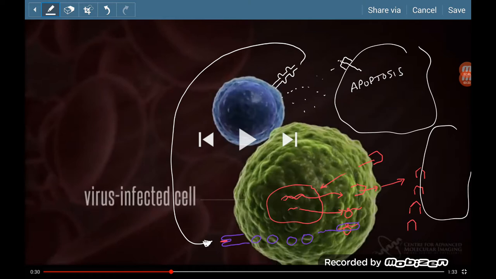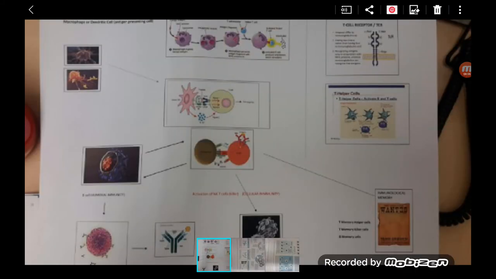It's like a belt and braces approach, making sure that cell's definitely infected, but you know what? Maybe other cells have been infected. And so you'll get surrounding cells being destroyed as well, just to make sure that there's as much less chance of infection. Okay, so let's have a look at this video, just moving forward, and